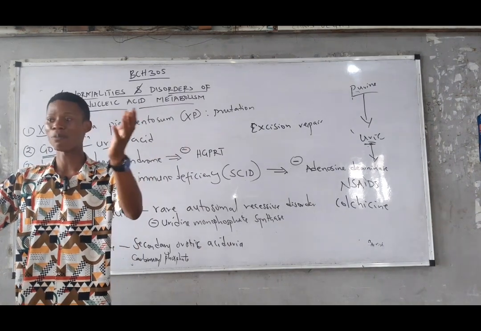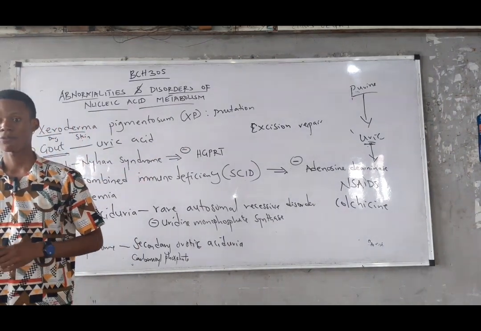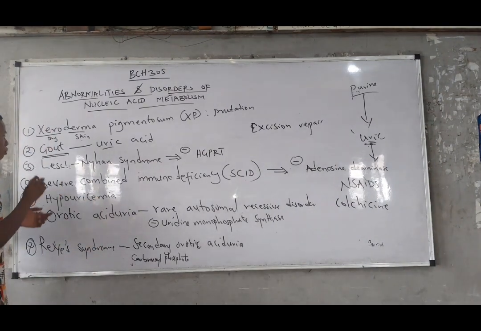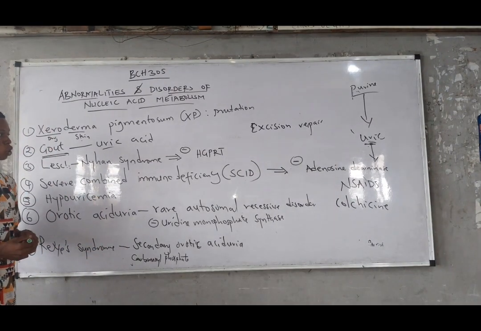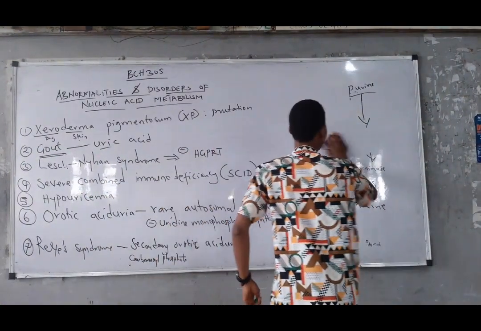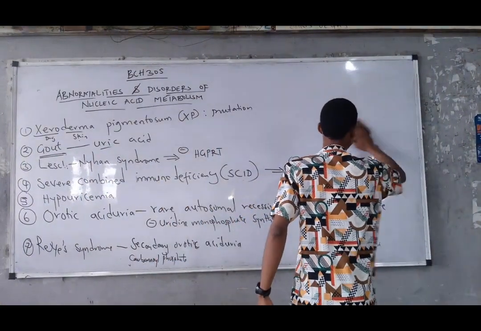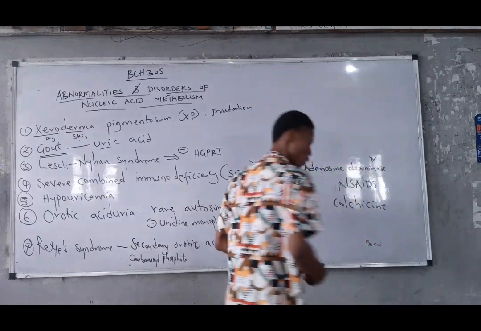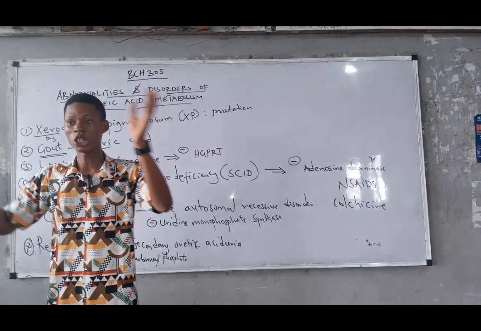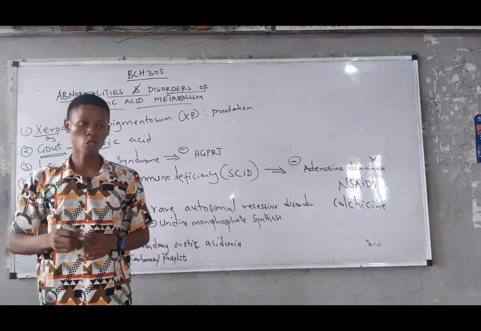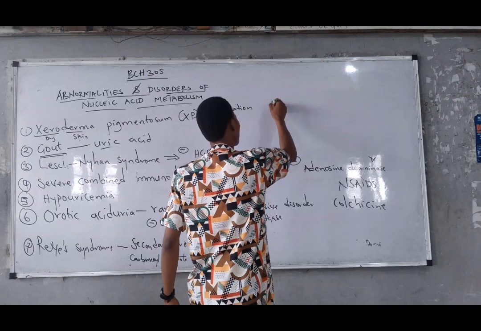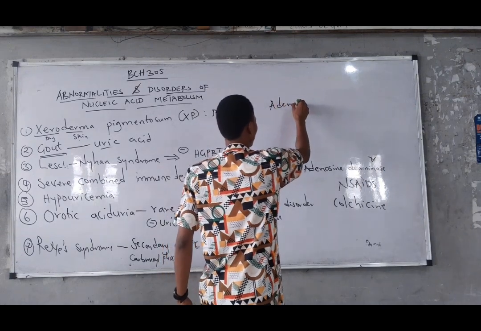Dietary modification. I've mentioned some foods you should not take: foods rich in purines and others. Alright, because of our time, Lesch-Nyhan syndrome. Now, before I talk about this, remember how many pathways do we use in the synthesis of purines? How many pathways? Two, right? De novo synthesis and what? Salvage pathway. And you recall with me that in the salvage pathway, if we have adenine,